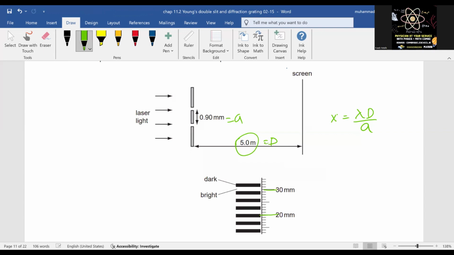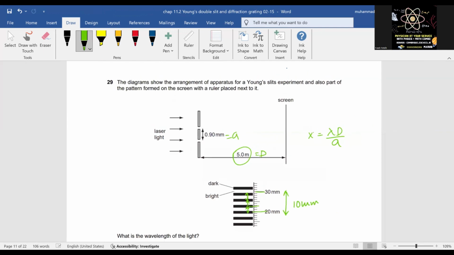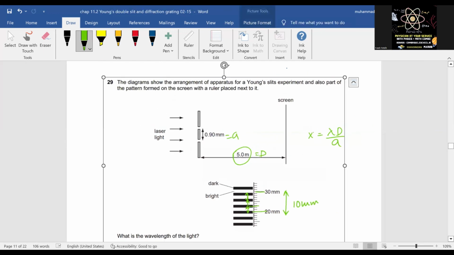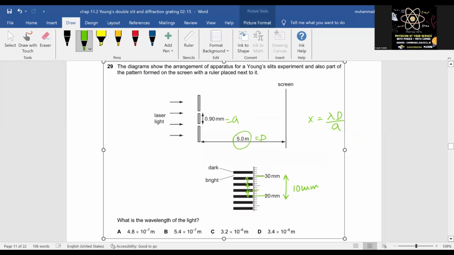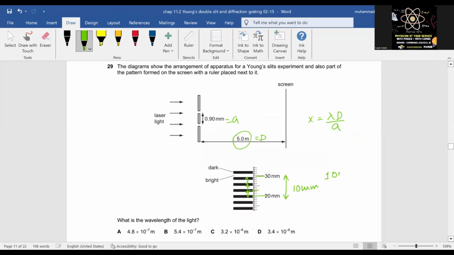यहाँ से लेकर यहाँ तक 10 मिलीमीटर का डिफरेंस है, सही है। सो दिस इज द 10 मिलीमीटर, ओके। और दिस इज वन फ्रिंज डिस्टेंस, दिस इज टू, एंड दिस इज थ्री, सही है। सो बेसिकली जब आप 10 मिलीमीटर को 3 में डिवाइड करोगे, तो आपको एक्स पता चल जाएगा, ओके। सो दैट वुड बी 3.333, ओके।